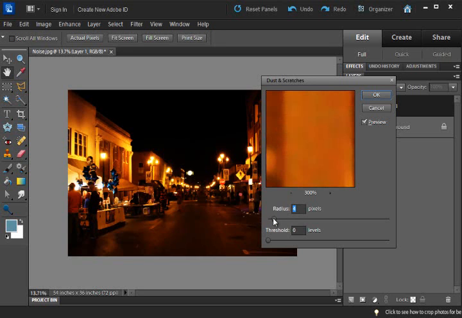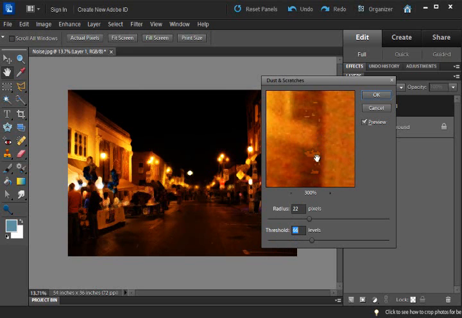So what you would do is you would move this up just until your dust and scratches disappear, and then you would move the threshold to bring back the details. So I could go way up here and then see if I could bring back any of the details, but now you look at the stuff we're getting out here. Just not good. Not good. So this is best used in moderation,